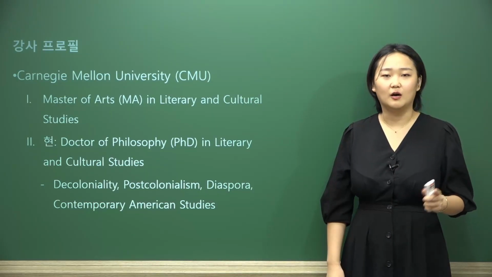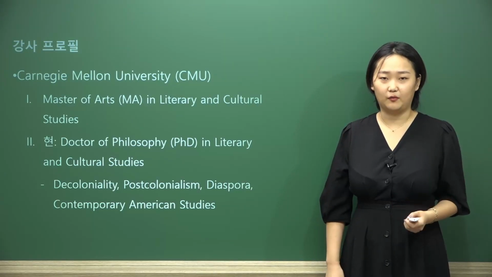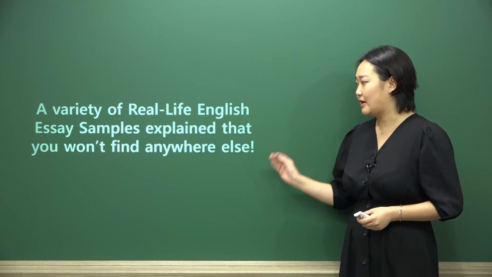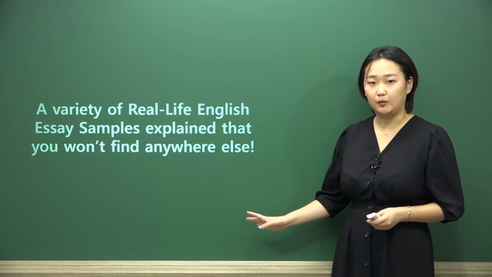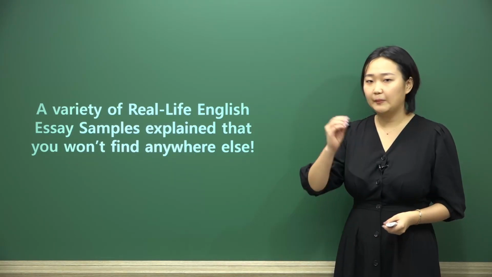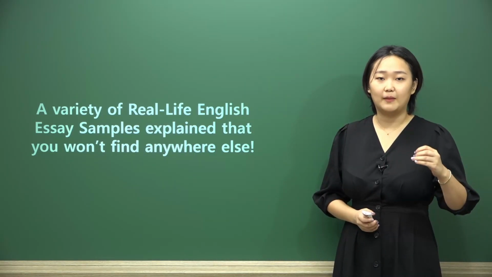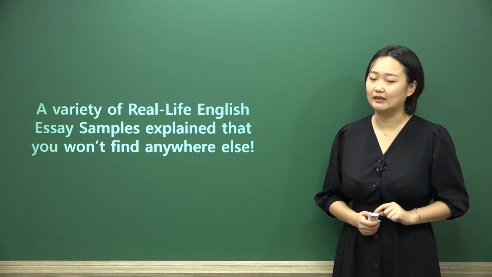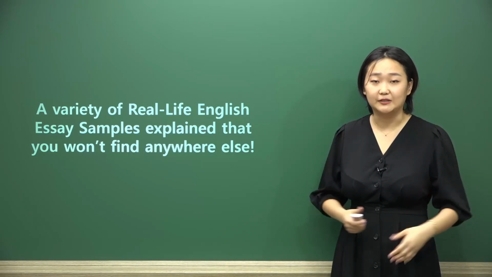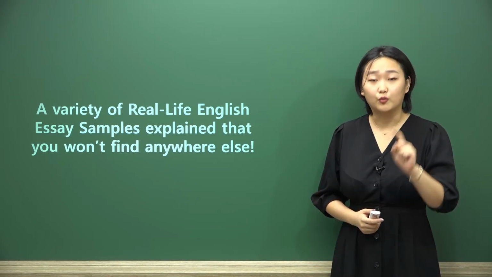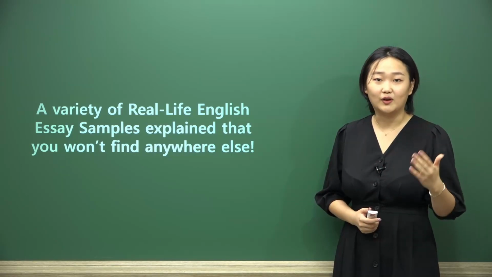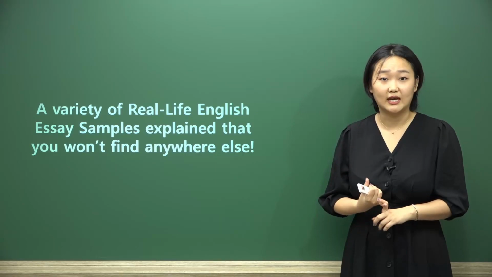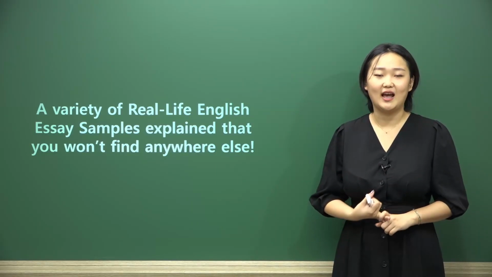And so to sum this all up, and we're going to be summarizing this, what is the main point we want to take away too? Well, this is a variety of real-life English essay samples explained that you won't find anywhere else. And I truly mean that as well. We're going to be talking about nuances. We're going to be talking about the way that a native speaker tends to write, not necessarily somebody who is a second language learner. And so creating that difference, seeing that difference and seeing how real students write, students your age, that is going to be the thing that helps us understand exactly what we need to do to edit our own papers and also what to keep in mind as we're writing them.